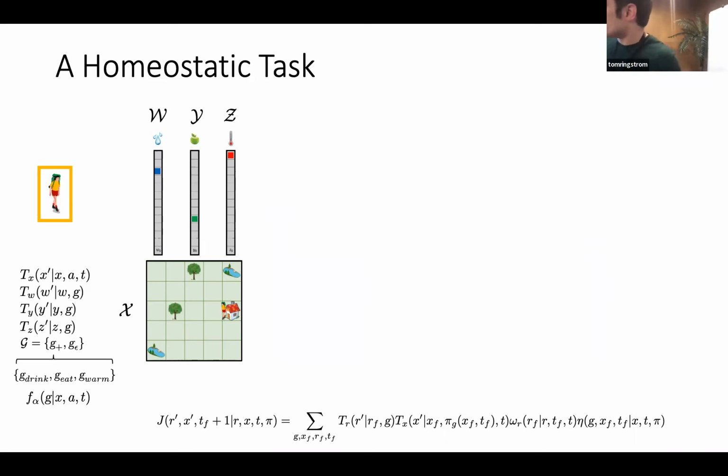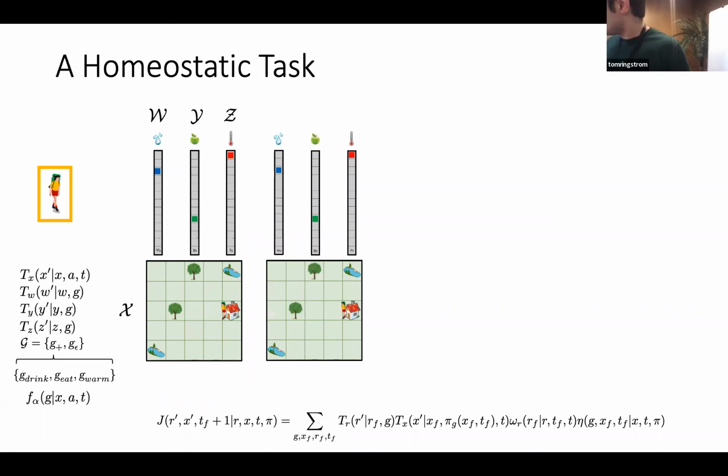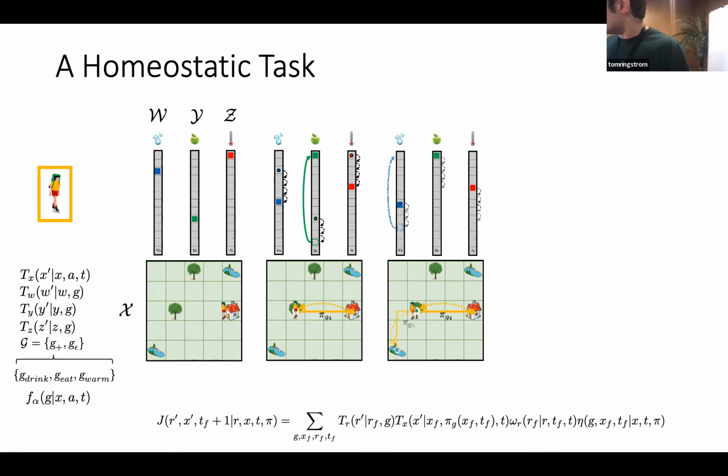Okay, let's consider a different hiker who's very hungry and is about to hit the starvation state in four steps. So he wants to get food as soon as possible. So he's going to go to the closest tree, right? And then he's starting to get thirsty. So he goes to the water, right? And then you'll notice that the hiker is now very, very far from the house, right? So what's going to happen?